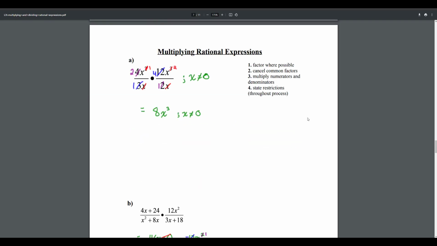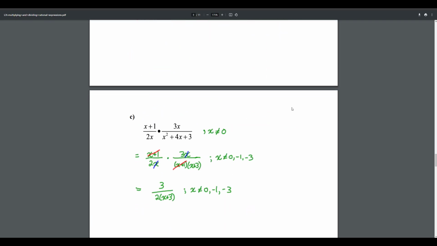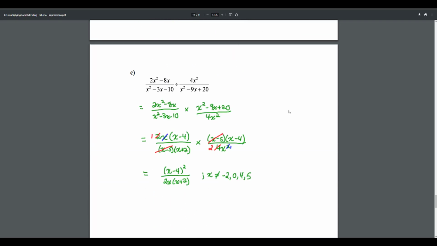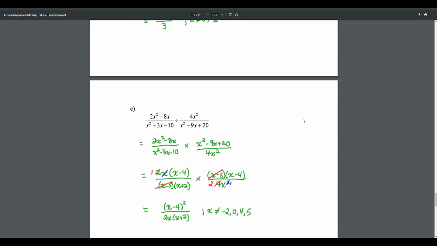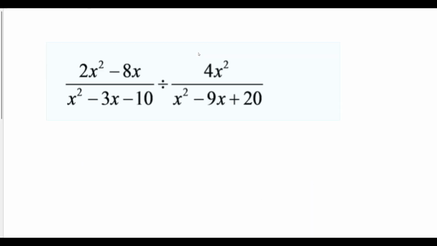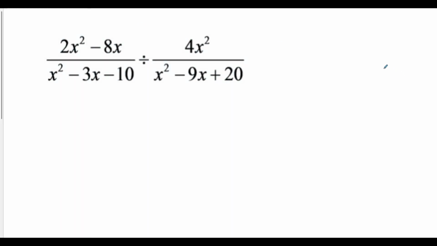Now I'm going to skip over multiplying expressions. Those are easy. Okay, maybe I shouldn't. I'll do one example. I'll do the hardest example. All right. Multiplying and dividing rational expressions are essentially the same thing, because if you remember your multiplication and division rules for